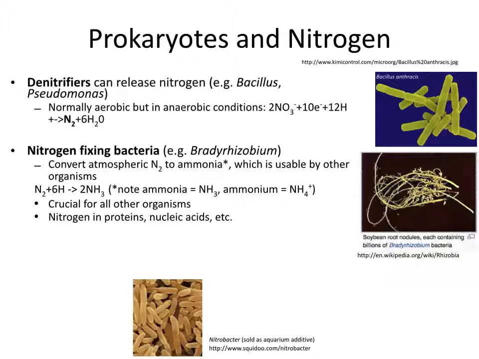So in these specialized cells, these nodules, the bacterial cells are performing this process, which needs to be completely away from oxygen, and it requires special enzymes. And because of this, we have fixed nitrogen, first in the form of ammonia, and then what happens then is